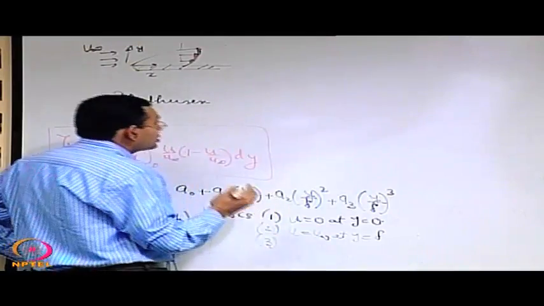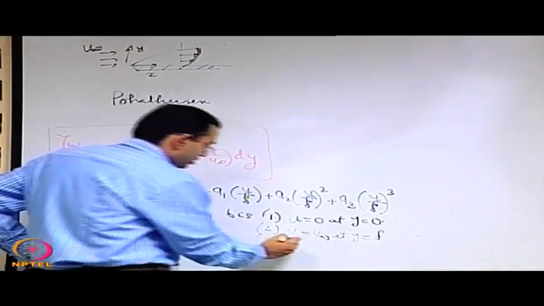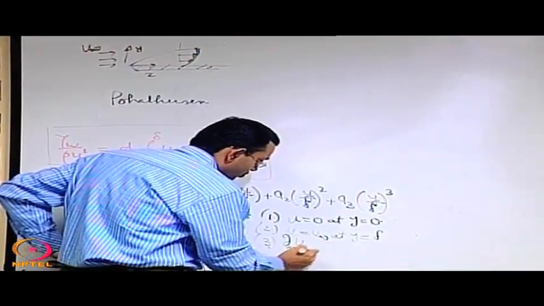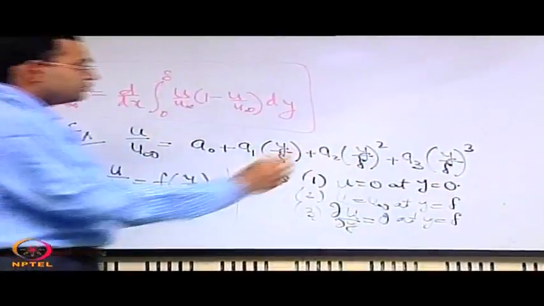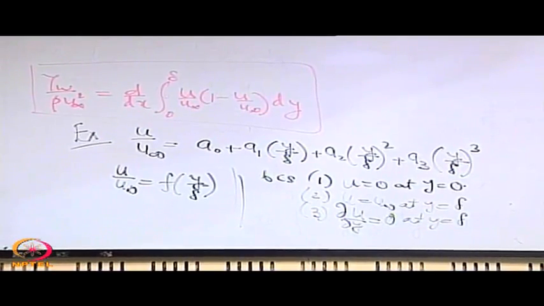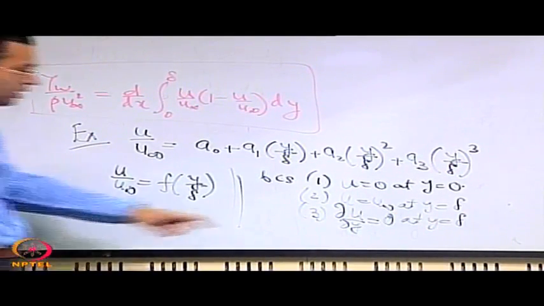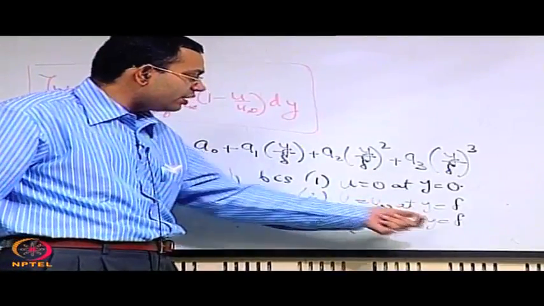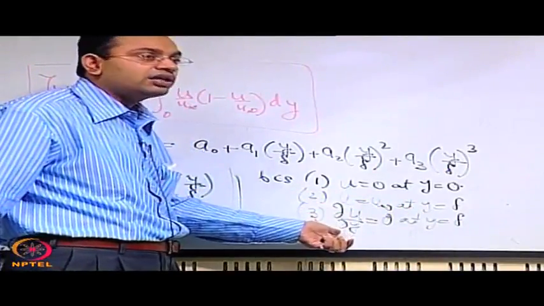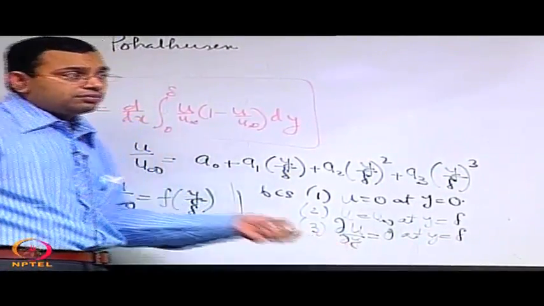So u does not change further with y at that point, which means the gradient of u with respect to y is equal to 0 at y equal to delta. A fourth boundary condition, of course you may go on adding here, like at y equal to delta, you may also have the second order derivative of u equal to 0, but more